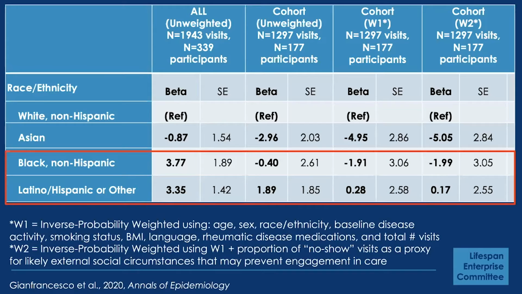We inverse probability weighted using age, sex, race, ethnicity, disease activity, smoking status, BMI, language, rheumatic disease medication, and total number of visits. Basically, all structured data that we could get our hands on from the EHR. And then in weighted 2 example, the last column, we corrected in our model for everything in weighted 1 and also the proportion of no-show visits, which we thought might be a proxy for likely external social circumstances that might prevent engagement of care,